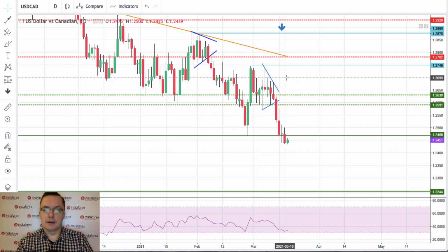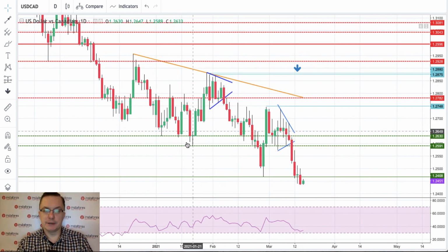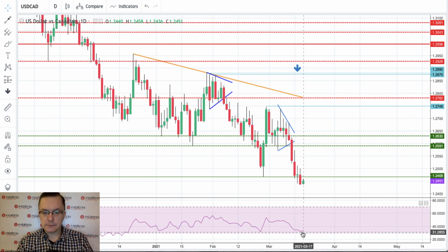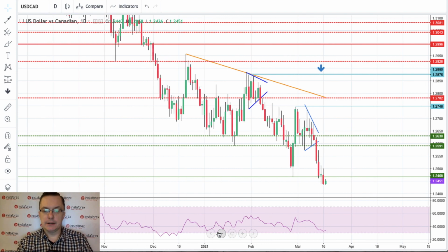I mean, we've seen this kind of behavior before. As you can see, we got the bounce, triangle, breakout to the downside, bounce, triangle, breakout to the downside. This is a textbook example of a downtrend, despite the fact that the price is diverging from the momentum indicator. I've got my RSI set on 14 periods back. So right now the downtrend is